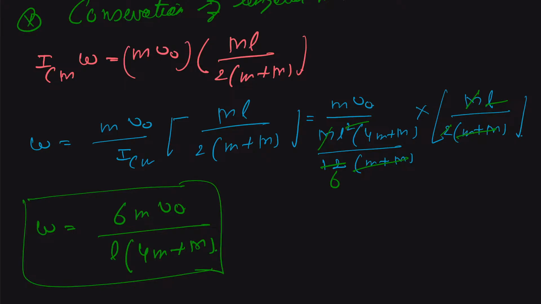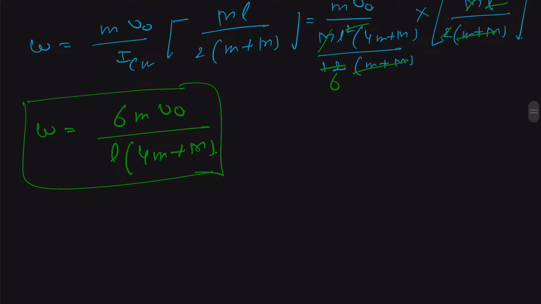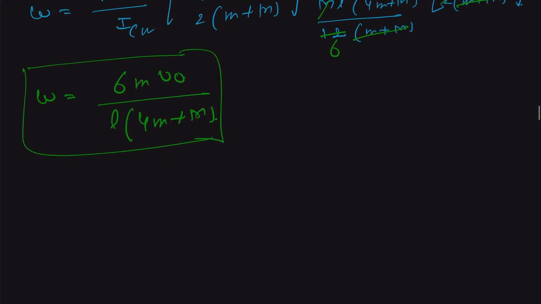Now part B states the location of the point on the plank which is at rest immediately after the collision. Okay. So after the collision means we are talking about the system. So we can say that there will be a point on the plank, or rather of the system, that is nothing but the vector sum of the translational velocity as well as the rotational velocity relative to the center of mass. So we can say that, for part B,